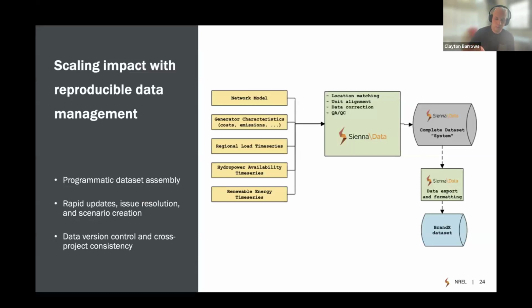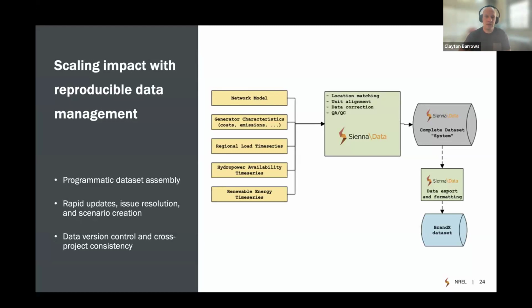One of the primary benefits that we've seen with Sienna Data is that we have been able to scale our impact by just creating a reproducible data management framework. So when we do a grid planning study, we are taking in data from a number of different sources. We start with typically a network model in a load flow case, like a PSSE file. We add on things like generator characteristics like costs and emissions. We layer on regional load time series, hydropower availability, renewable energy, sometimes electric vehicle information, and a number of other